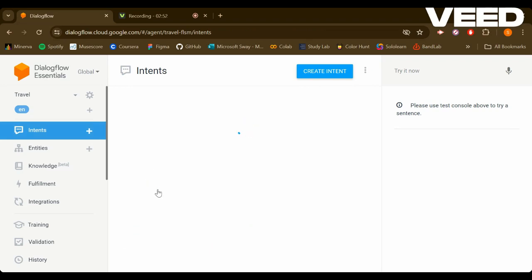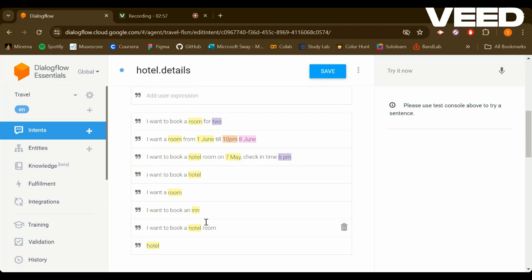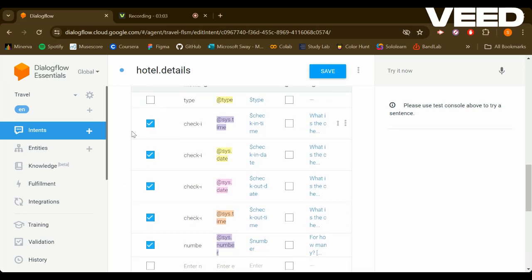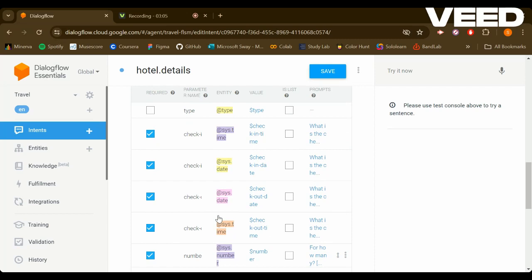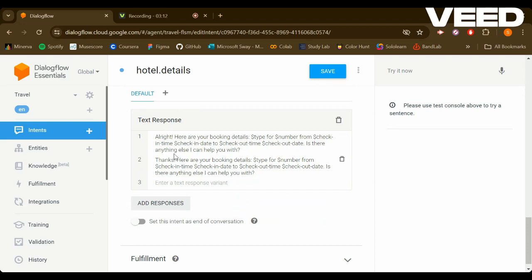Looking at the hotel details, we have these certain user expressions, and again I have used some required parameters and some unrequired ones. This is not required. And then these are the responses.